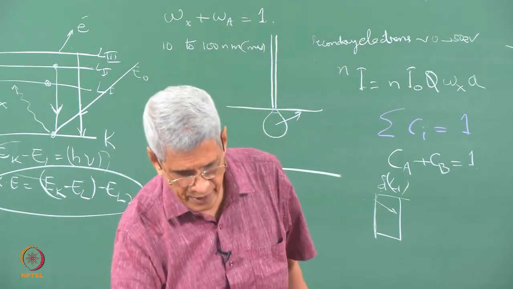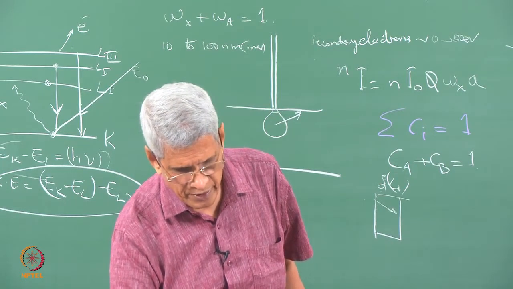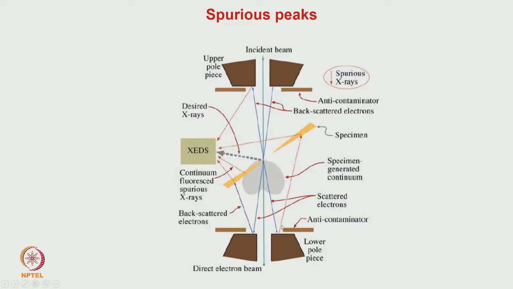Another important aspect is that generally, to improve the contrast, we introduce an objective aperture. The objective aperture is either platinum or molybdenum. That also will generate sufficient X-rays and damage the detector. So, when we do the chemical analysis, the aperture should be removed, so that we can reduce the background noise as well as the spurious signals considerably. These precautions have to be taken.